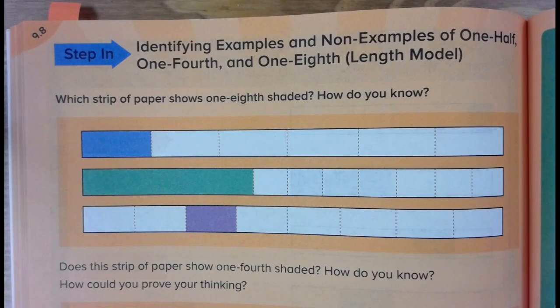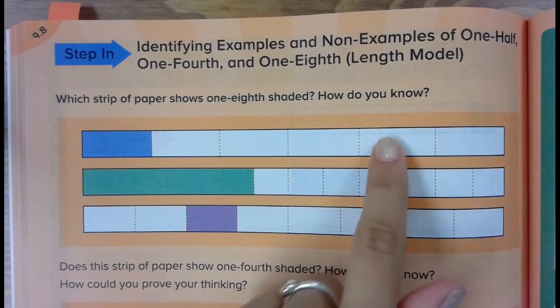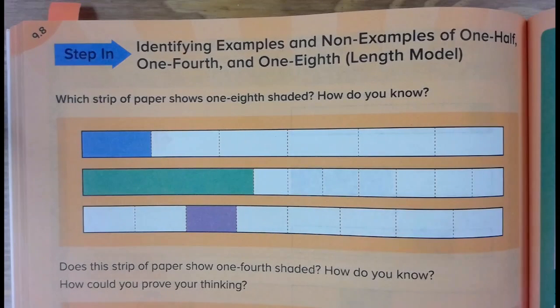Okay, make sure you turn to page 214 in your Origo math book. Today we're going to be looking at identifying examples and non-examples of 1/2, 1/4, and 1/8. And we're going to be using a strip to help us figure that out. So for example, these are strips to help us identify